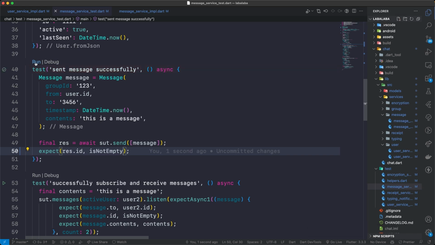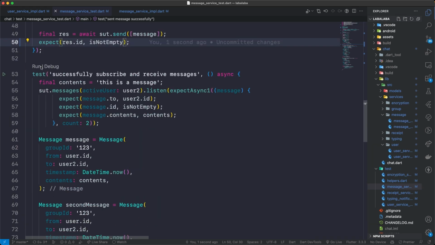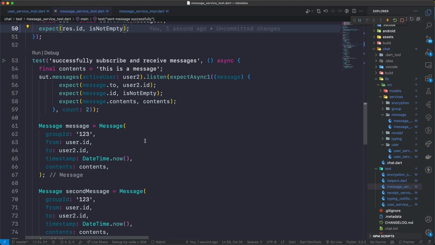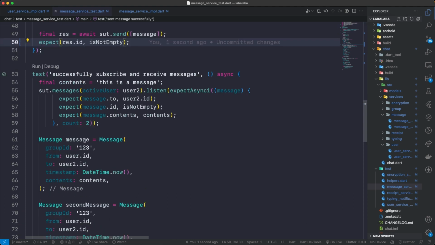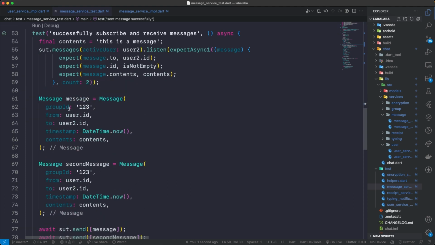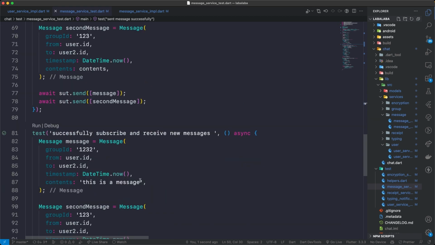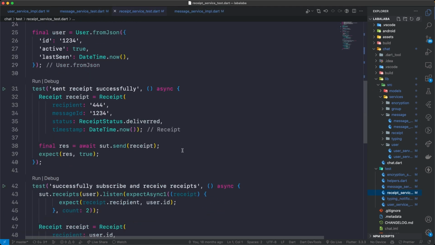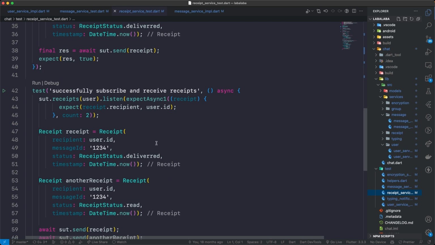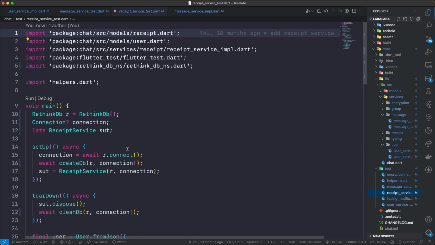So let's run that again, and now it's passing, and we should be able to run the rest of the tests. So I've run through both tests, and as you can see, they are passing. But I think we might encounter a similar issue with the other files. For example, the receipt service, we might have that casting issue also. I probably need to check those, so I'm just gonna quickly check those, ensure they are working, and then get